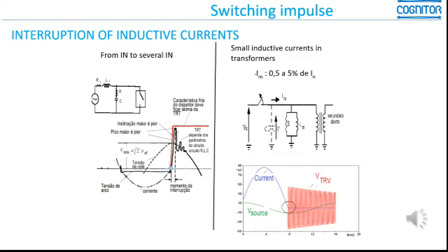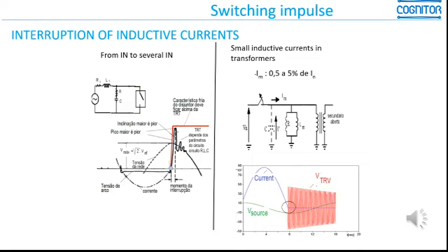This occurs normally when a circuit breaker is called to open a circuit with a very big short circuit current or a smaller value of short circuit current. And in the exact moment that the current is passing through zero and is interrupted by the circuit breaker, a big overvoltage appears in the terminals of the circuit breaker, and you can see this in the figure on the left side, where the dark curve shows the overvoltage superposed to the sinusoid, and this overvoltage that we call transient recovery voltage can